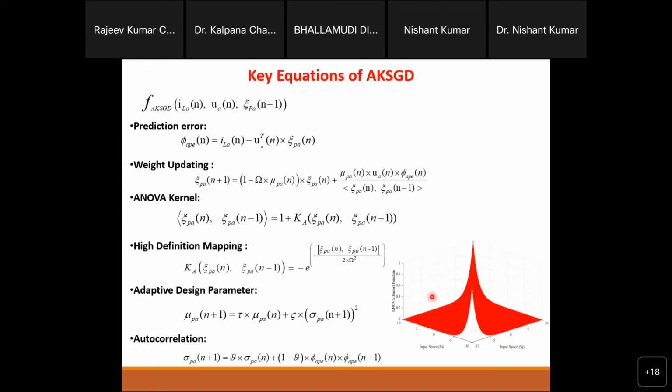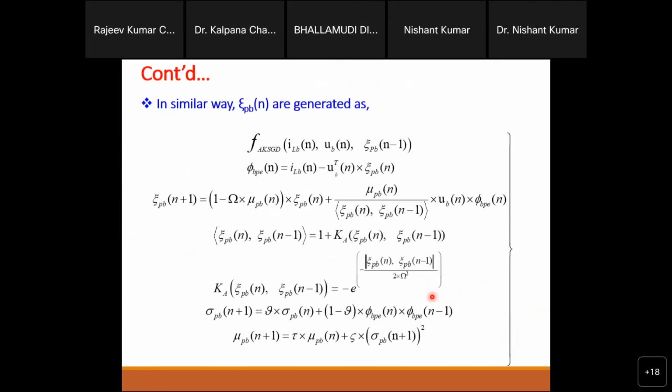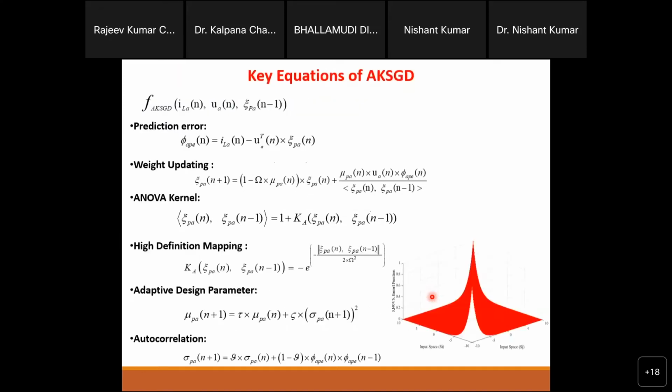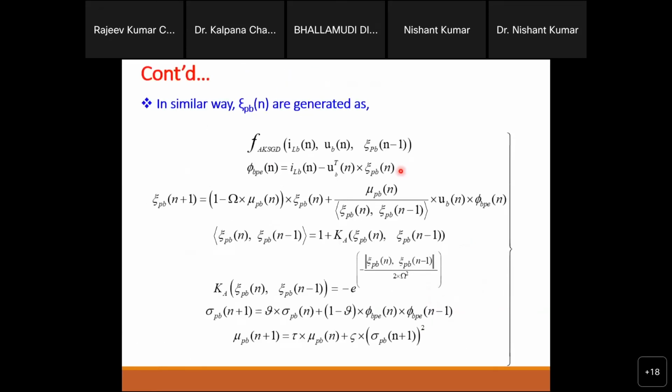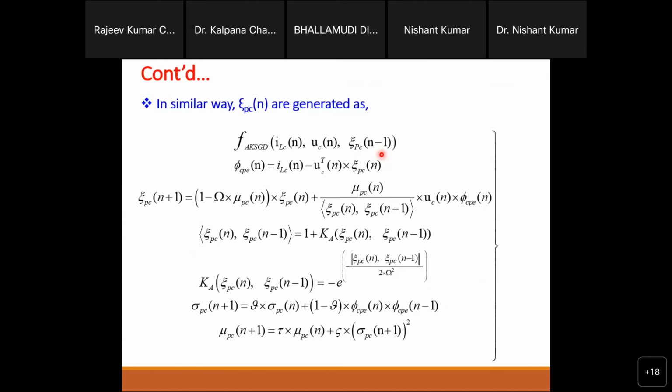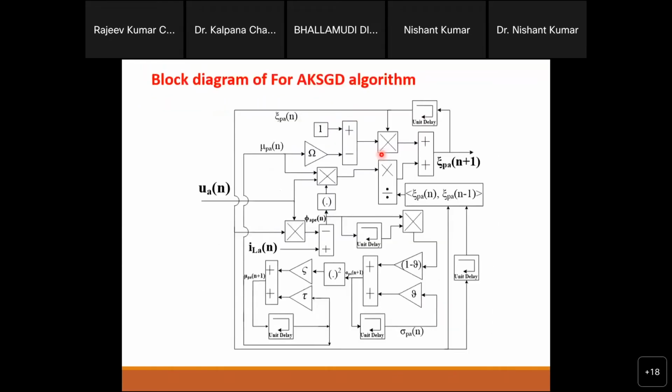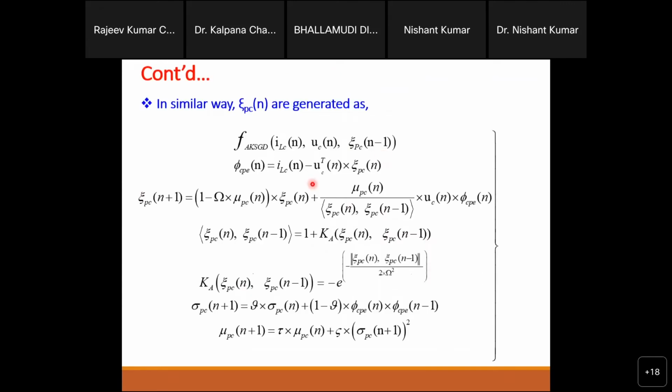So this is for phase A, but for phase B the same set of equations will be used. You will see the suffix B used here, meaning the phase B current, phase B unit template, phase B error, and so on. Similarly for phase C, the same set of equations will be used. So we have two options. One is that we can go for the code and write it one by one, calculate, and generate that. This is one way.